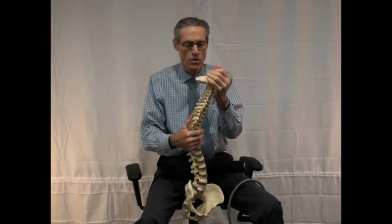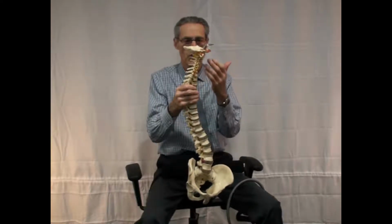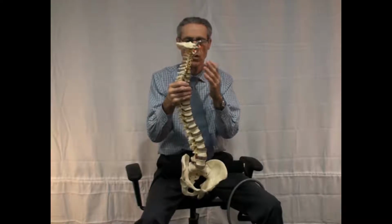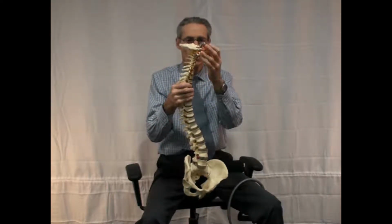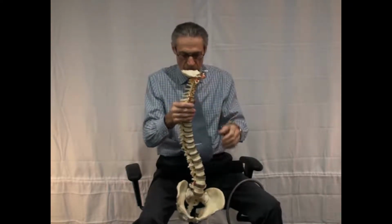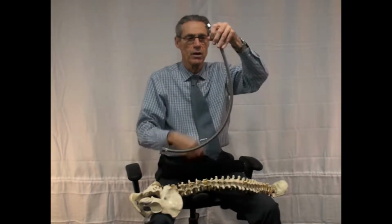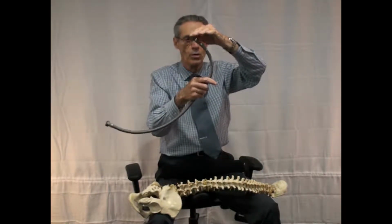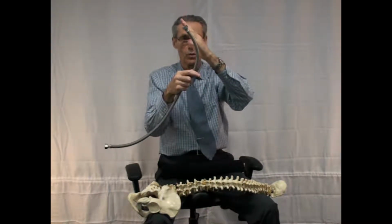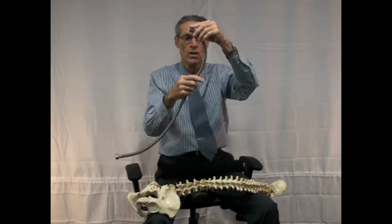And in our research, about 60% or greater of the human population have lost the normal curve in the neck, and many of them are actually going into reverse curve or kyphosis in the cervical spine. Even more complicated, some of them, I can't take this dry spine and show it, but I'll use this flexible rod to do so. Normal curve with the person facing to this side here would be like this. When we draw tangent lines to the top and bottom of that arc, should be about 38